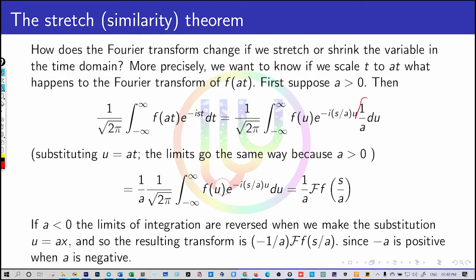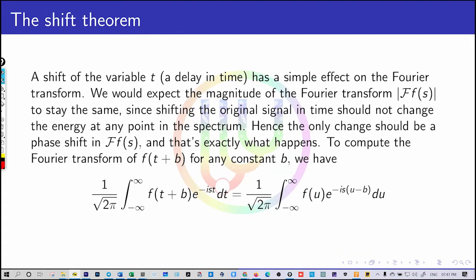Now if you take that 1 by a outside, you will get 1 by a into 1 by root 2 pi integral minus infinity to infinity f of u e raised to minus I s by a u du. But you look at the definition of Fourier transform. Fourier transform definition is from here. If you see the definition,